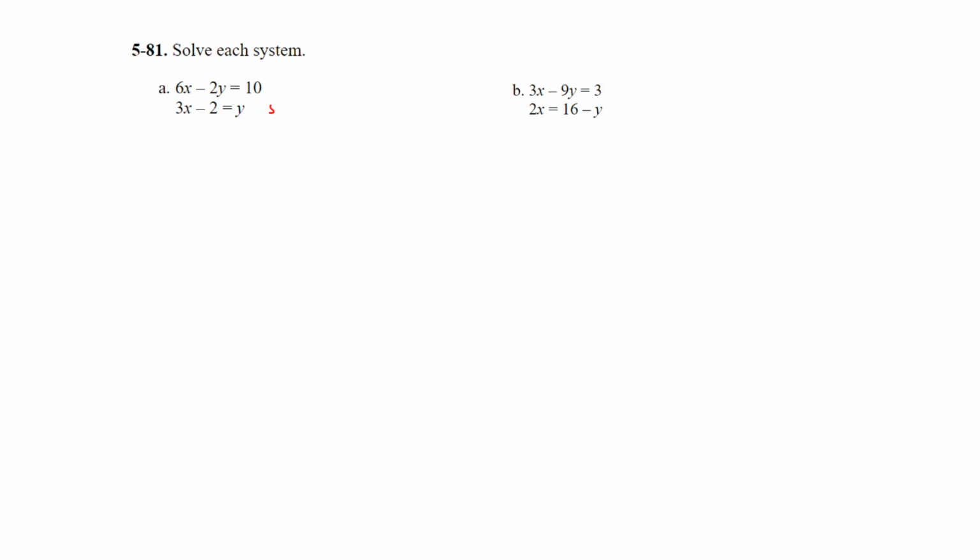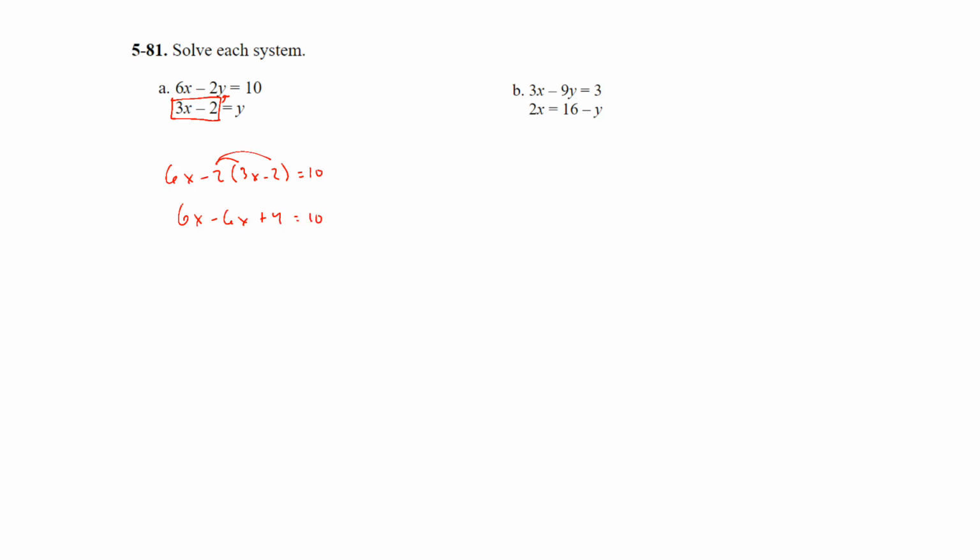So it looks like the second one, we can go ahead and use substitution because we can take the 3x minus 2 and substitute it in for the y value in the first equation. So that would be 6x minus 2 times, we're replacing the y with 3x minus 2, is equal to 10. 6x minus 6x plus 4, because we have to distribute, so it's a negative times a negative 2, so that's